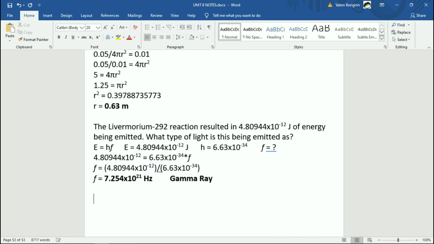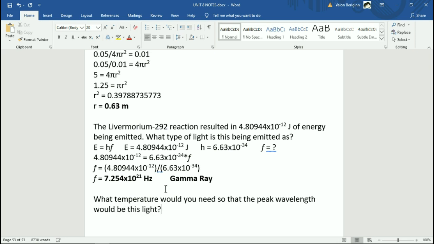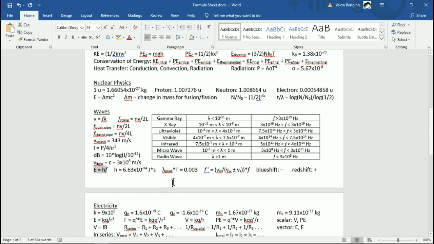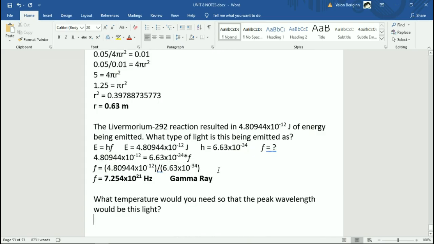Okay, now to combine this with the black body. So a follow-up question would be, what temperature would you need so that the peak wavelength would be this light? Okay, so the equation for this is what we have here: the peak wavelength times the temperature equals 0.003. Now, T we're solving for, right? What temperature do we need? Now we don't know lambda either,